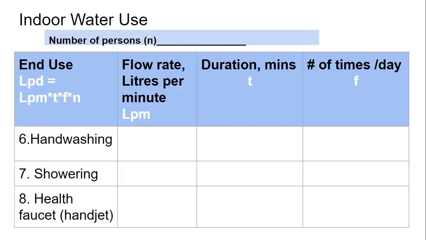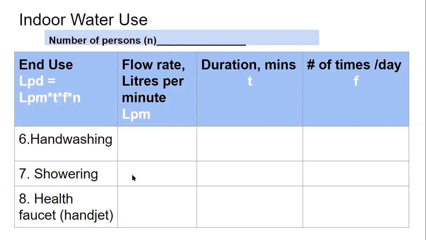Then let's talk about the other uses like hand washing. Now again, hand washing, what are the things you need to know? You need to know the flow rate of the tap that is being used for the hand wash, the basin tap. You need to know how long they spend on average. And of course, you make note of how many people are in the house in this case, because unlike dishwashing, which doesn't depend on the number of people but more on how much time you're spending, in this case, apart from taking account of the time you spend and how many times you're washing hands in a day, you also note how many people are washing hands. So that's also part of the equation to understand the total water used by hand washing.